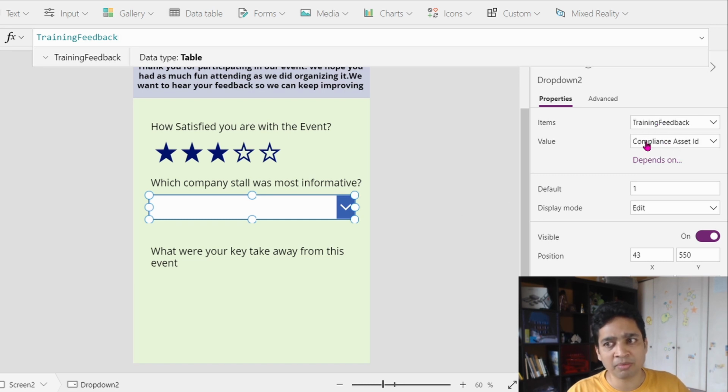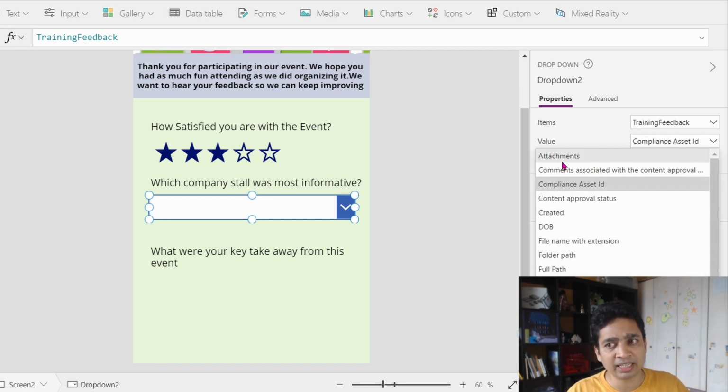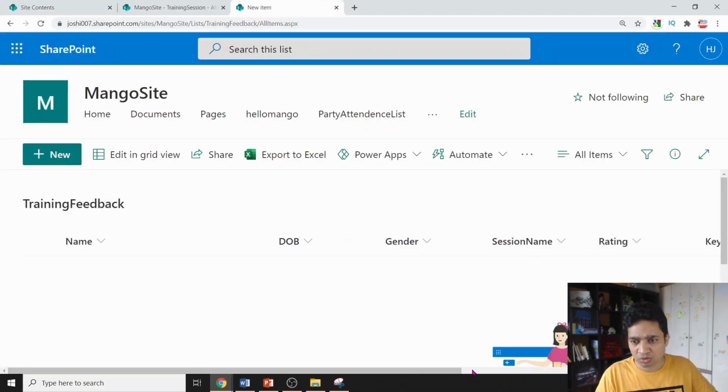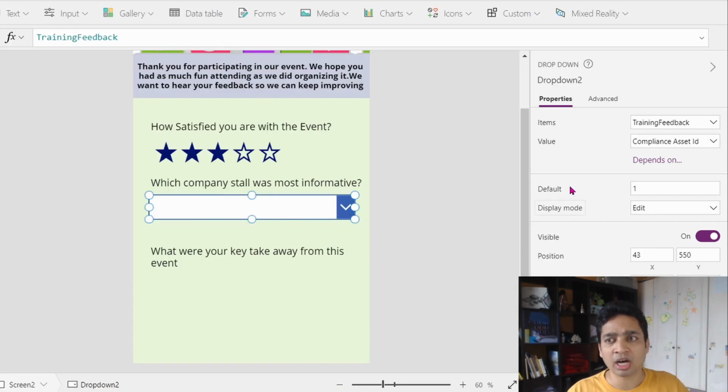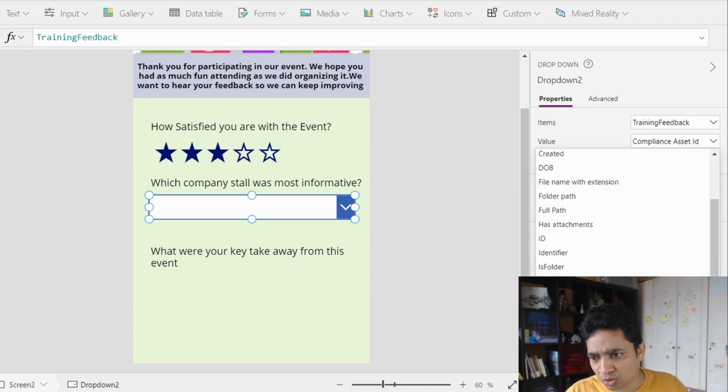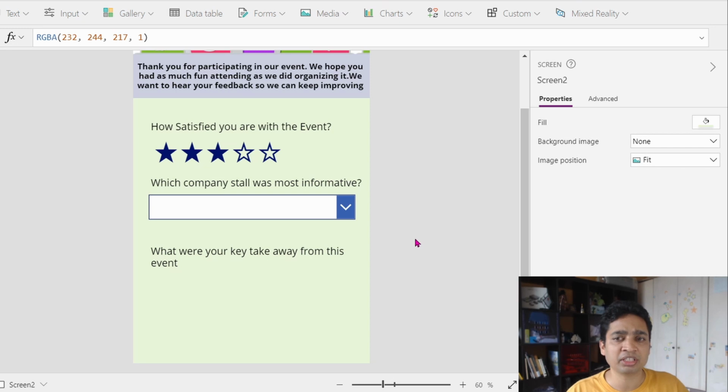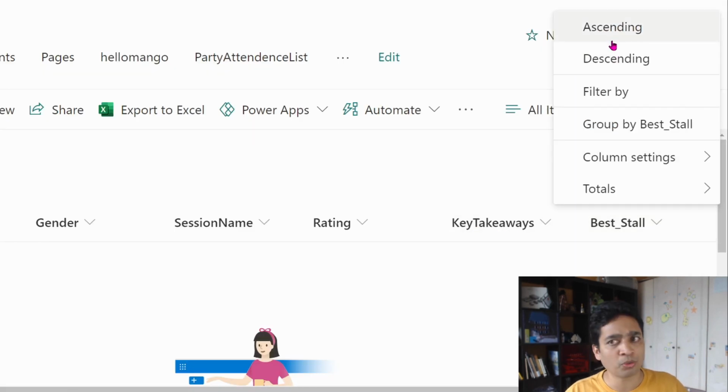Now once the training feedback is there, instead of compliance ID we will try to choose the values from the drop down. If you go back to your list, you will see that the name of the column from where we want to pull the values is called best stall. If you check over here, there is nothing as a best stall. The reason it's not coming over here is that this is a drop down option that's considered a complex type.